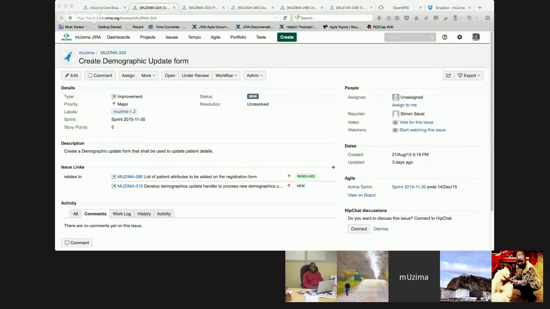Everything from the demographic update can just be added as a new record, so you don't need to do reconciliation when you process the demographic update. If you want to do reconciliation later on, for example voiding one name, one address, or one identifier, then you can do a manual review afterwards.